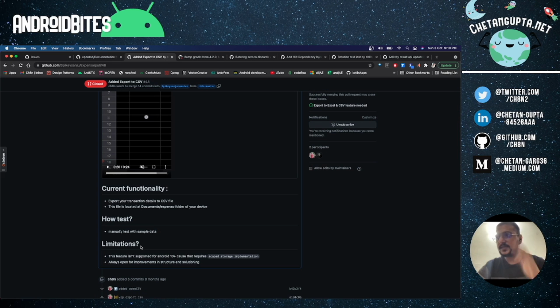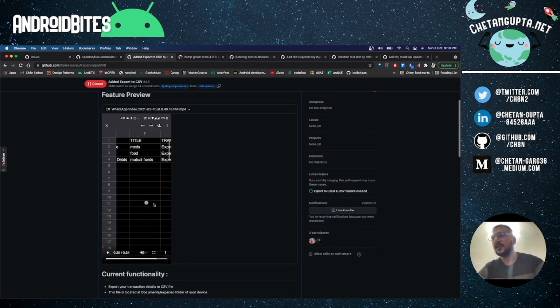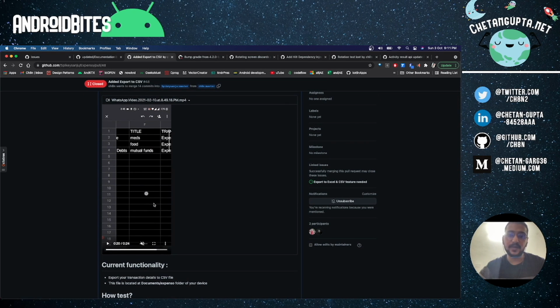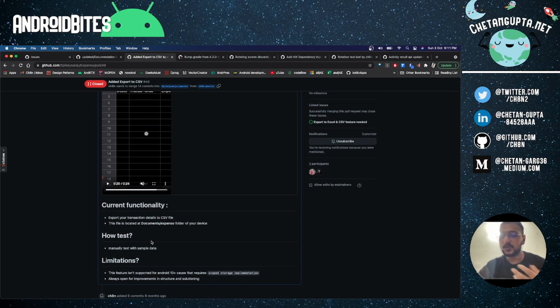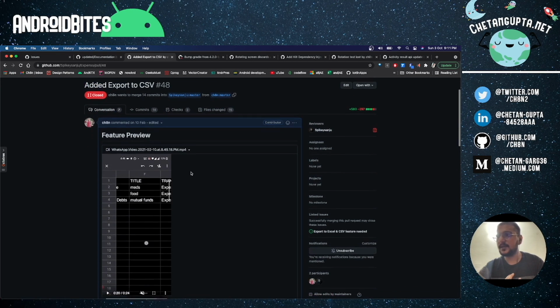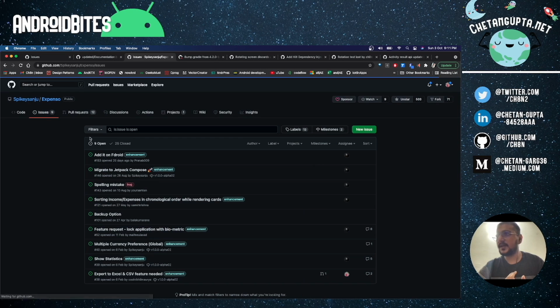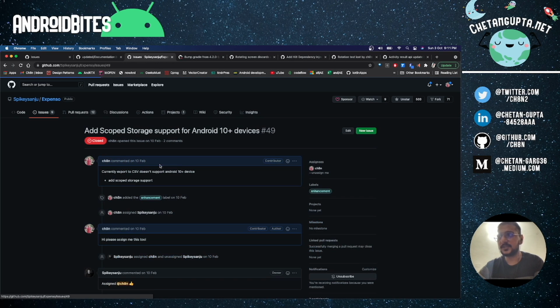Also, if there are some limitations, right? You can see the way I've implemented this feature, it uses storage access to write your CSV file. But storage access in Android 30 plus, where scoped storage is there, the implementation will be quite different. So what I did, I created two PRs. One was below API 30, and I asked him to create an issue which is closed right now. You can see that it gives scoped storage support for Android 10 plus versions, right? So these two PRs are related.